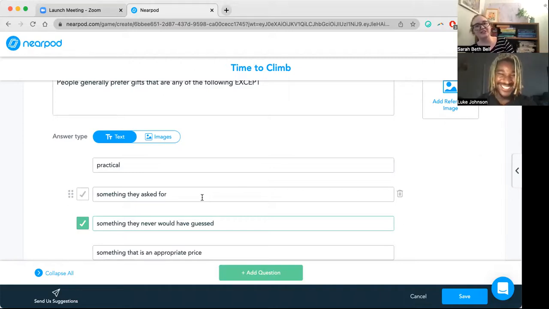People like a practical gift. Like yesterday, my partner bought me this really cute bag to carry groceries in. Whenever I use that, I will be happy and think about that. And it's very practical. Also, I asked for it. We were in a store. He's like, "Do you want this?" I'm like, "No." He's like, "Do you want a puzzle?" I'm like, "How do you not remember that I hate puzzles?" But yeah, it was practical and something I asked for, and the price was appropriate.